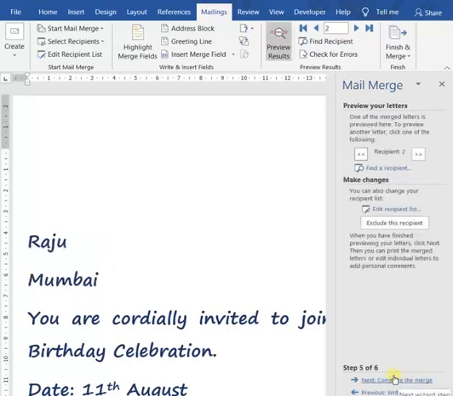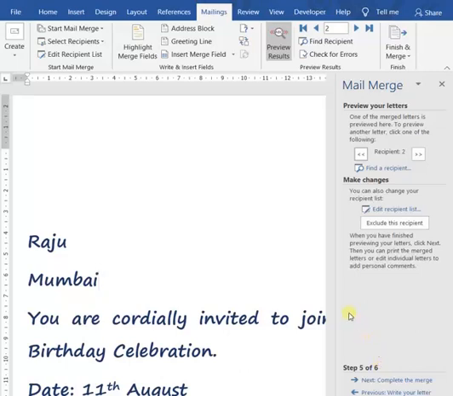So this is the step in which MS Word automatically creates copies of our main document. If I am sending to 3 persons, it will create the copy of the main document 3 times.